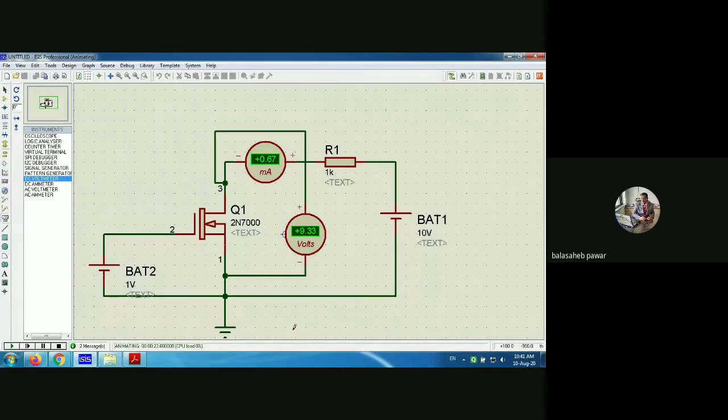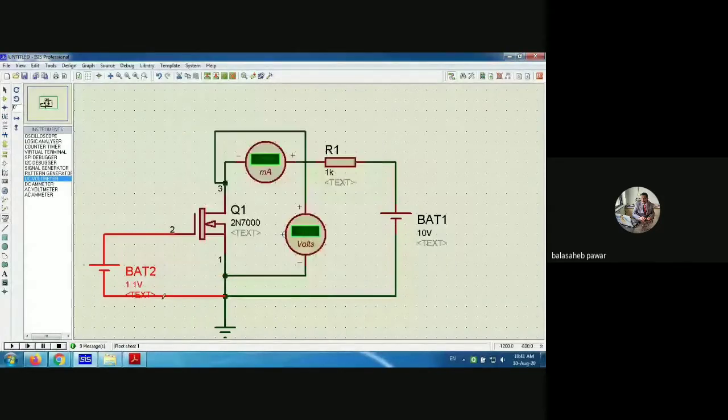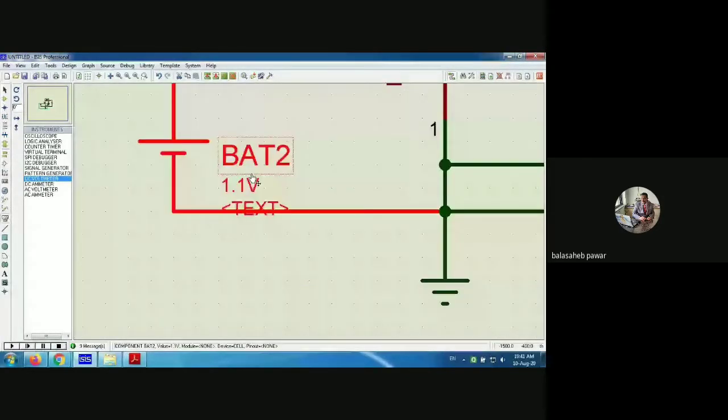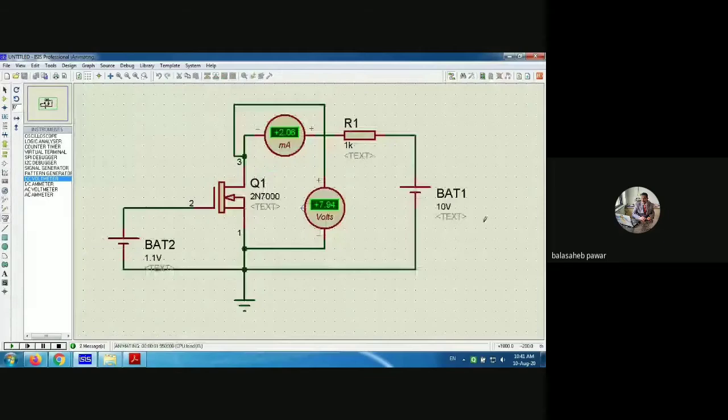Now, when you increase the input voltage with the same step size, from 0.9 to 1 volt, the current increases sufficiently, to 0.67 milliampere. Okay, and the voltage drop also gets reduced to 9.33. Is it clear? Again, increase the input voltage from 1 to 1.1 volts. Here I will apply the input voltage from 1 to 1.1. You can observe it. Currently it is 1.1, and again we'll run and check what is happening with the current.